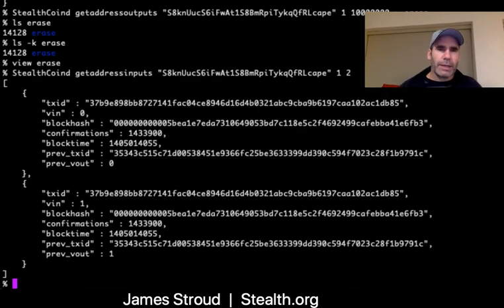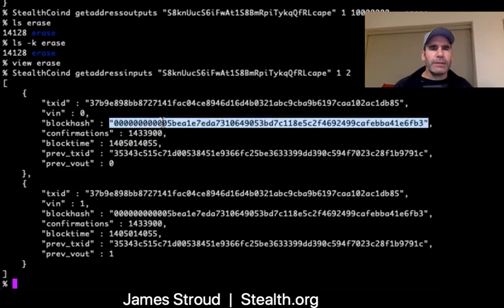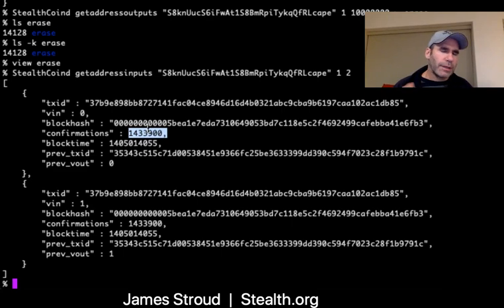Okay, so that came back very quickly. On an input, you get kind of some analogous information: which transaction, what the index was, the block hash for that transaction, how many confirmations. The height is part of the record, but I need to put that in the output here. What the time of the block was. Interestingly enough, this was a staking transaction, so the input and the output were all part of the same block. That's why they had the same time, 140501, 4055, and